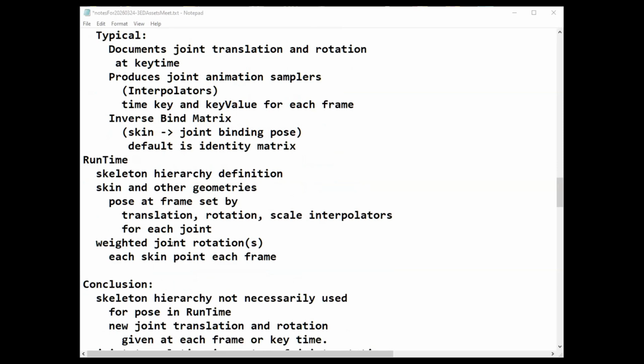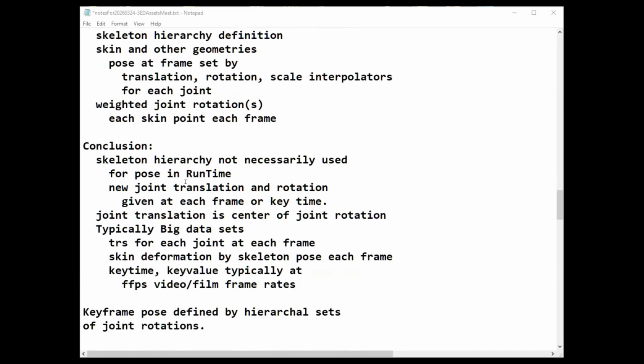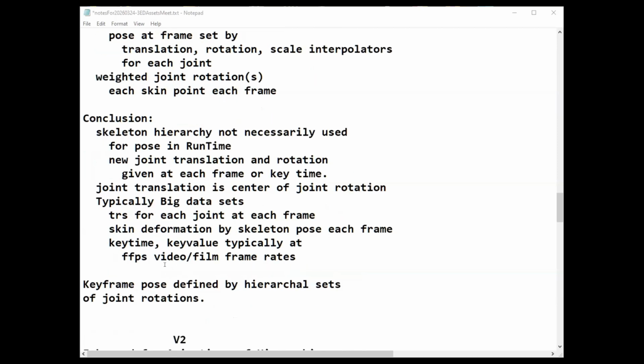They also have weighted joint rotation. The conclusion is that the skeleton hierarchy is maybe not necessary at runtime in some situations, and it's a whole bunch of data because, given a fixed frame rate, you're sending a whole bunch of data. glTF, I think, gives you this facility of setting up a fixed number of frames in there.